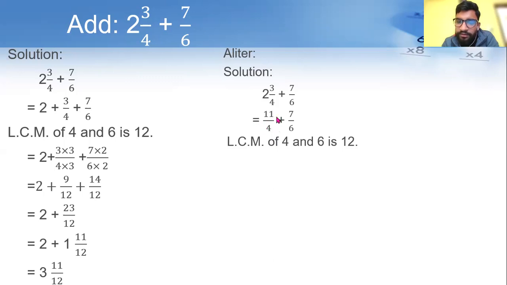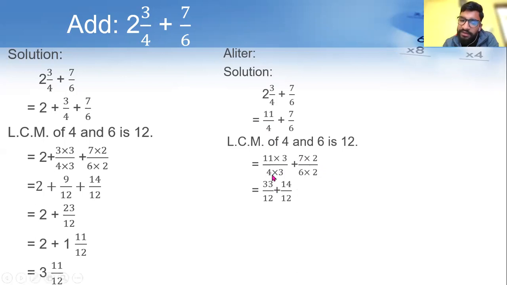Just a few of you have given the comment. Look, good. 4 3s are 12, which means numerator and denominator both should be multiplied by 3, right? And for the second fractional part, we need to multiply by 2. 4 3s are 12. 6 2s are 12. So if you multiply the denominator by 3, the numerator also by 3. This you know, right? Okay, so now find the product